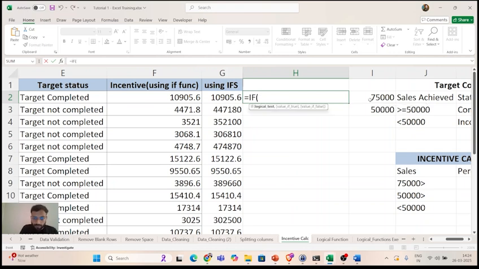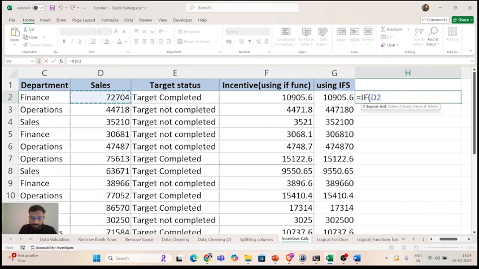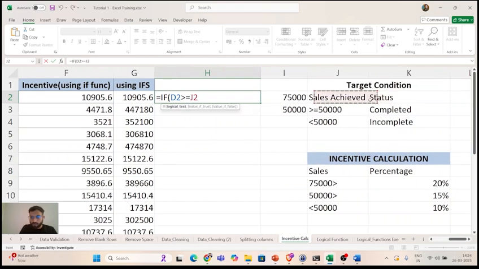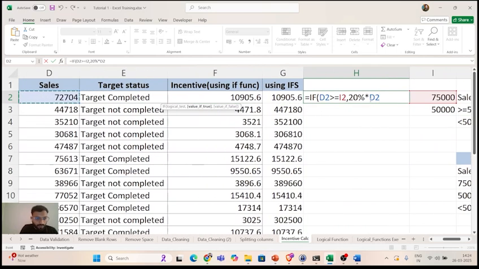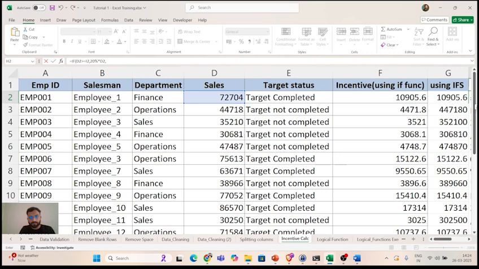The first logical test is sales is greater than or equal to 75, and I am referencing this cell, I2. If D2 is greater than I2, then value is true, so calculate the incentive as 20%. Comma, 20% multiplied by the sales amount D2 again, comma.